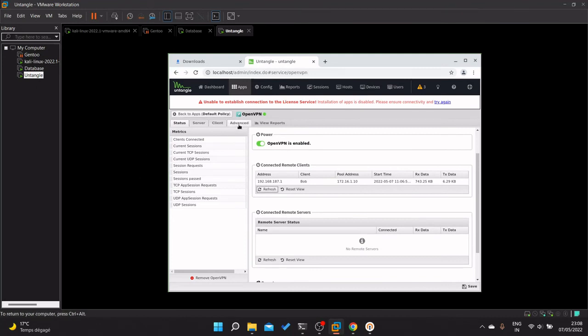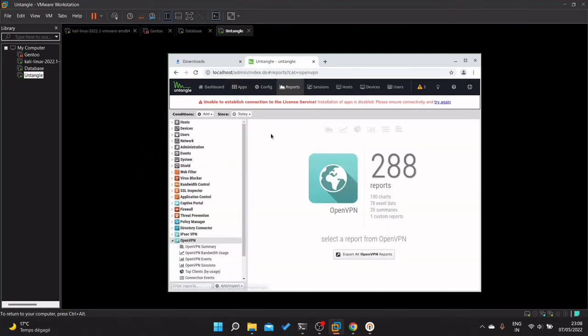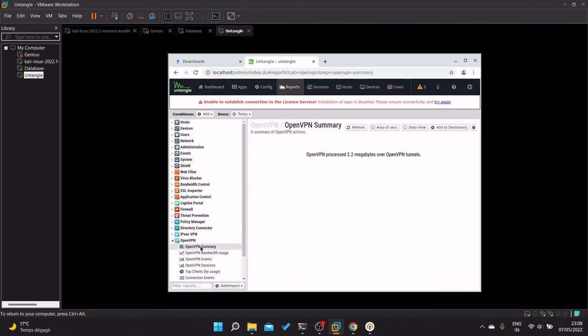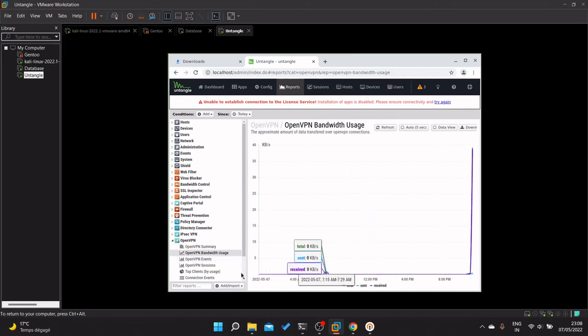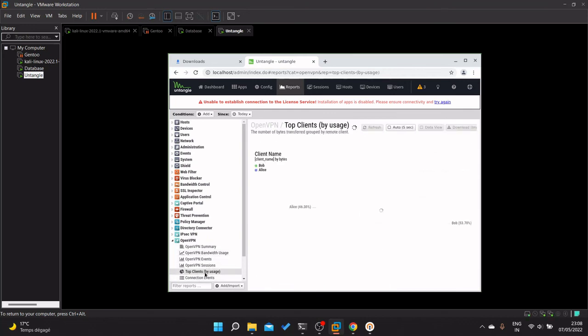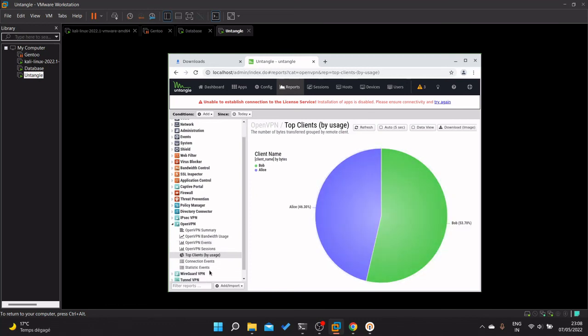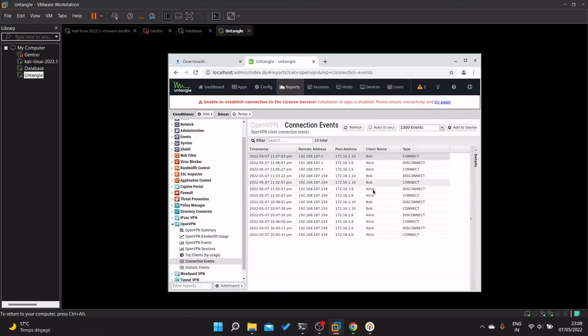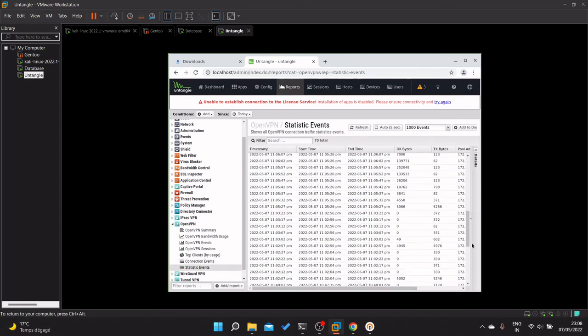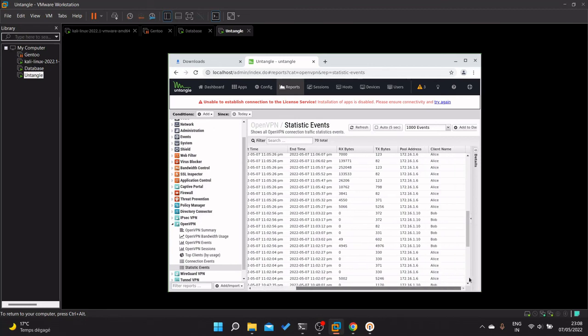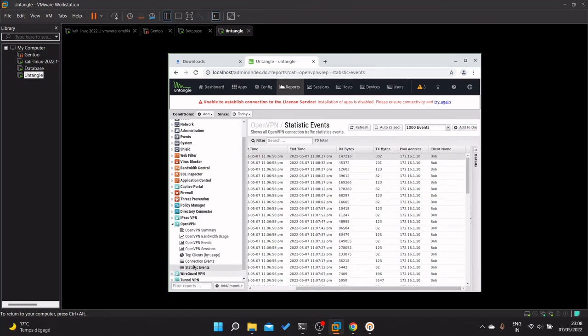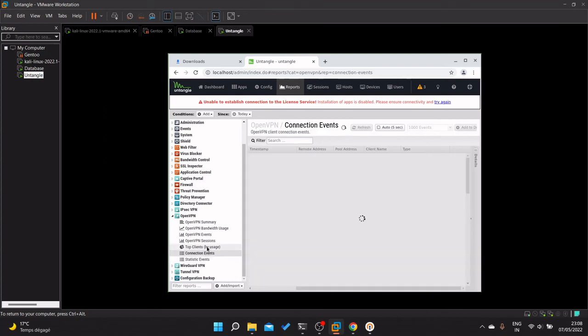Let's verify. There are also some features like you can view reports and see the OpenVPN summary of how many users, bandwidth used, sessions, clients. So you can see two users, Alice and Bob. Alice used this much. These are some additional features of the Untangle software. And you can see how many times Alice and Bob are connected, the statistics events, how much data transferred, client name, the pool address assigned. So all these data can be visualized in this